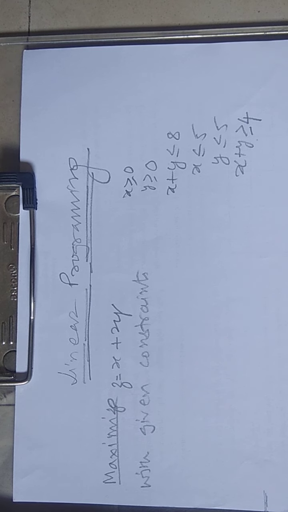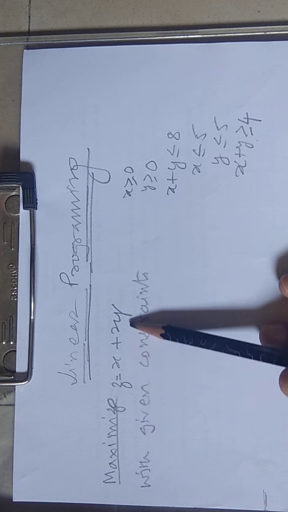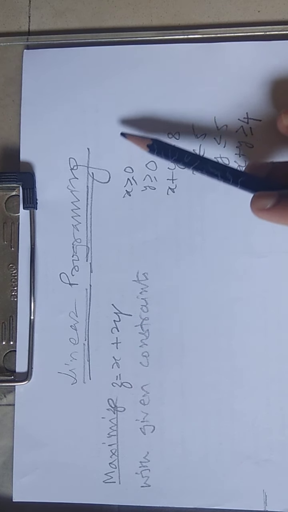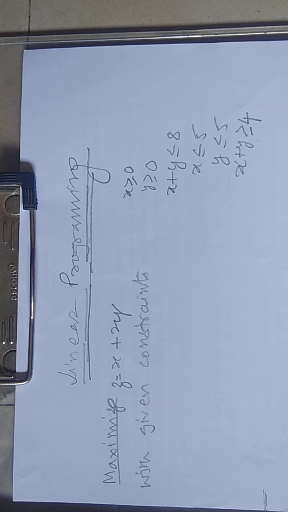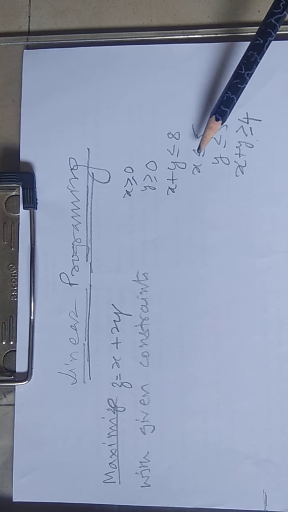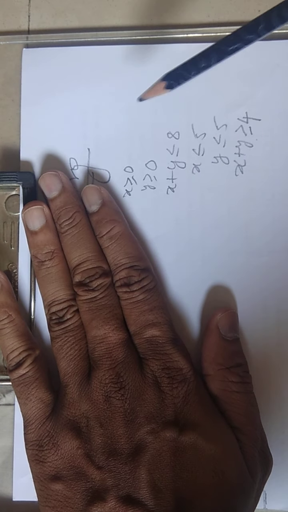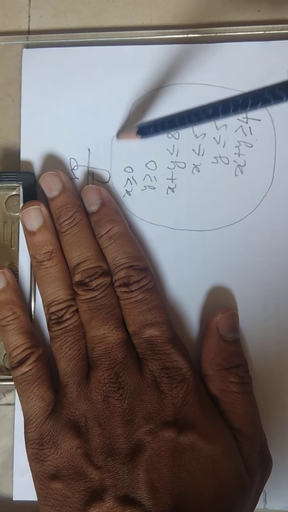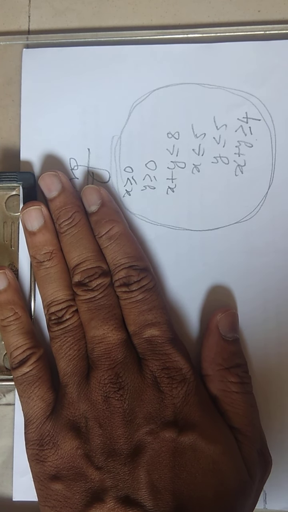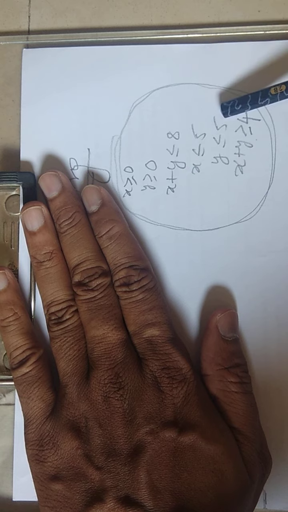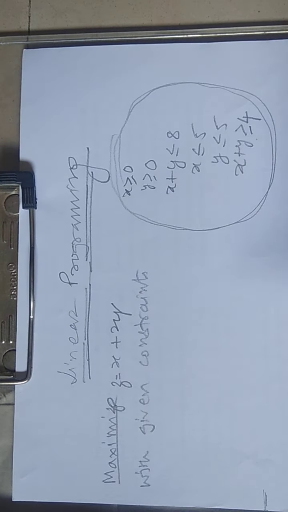Look at the question. The demand of the question is maximize z is equal to x plus 2y with the given constraints. Whatever these situations are, it will be given. It is the first type of question. How many equations are given? 1, 2, 3, 4, 5, 6. If you hide this part and look at this section, then you know how to get a graph for this. So I am going to explain how to get the graph for this part, and later we can discuss how this is applicable.